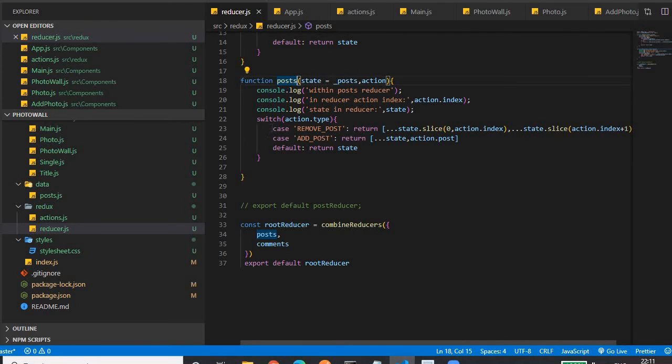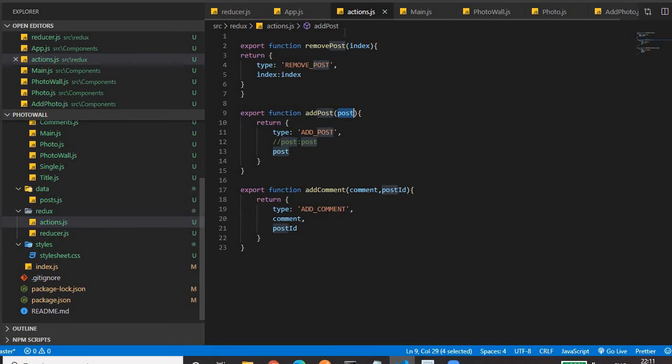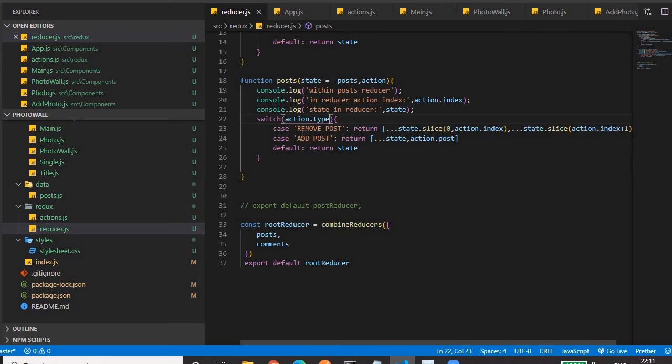In the post reducer, in the switch statement, it is retrieving action.type, then matching it with the case statements. Remove post does not match because the type of the action is add_post, so it matches with this case statement. Here we are returning the manipulated state using the spread operator. First of all, we retrieve whatever is stored in the state, all the array elements. Then we add another element, another object, action.post.